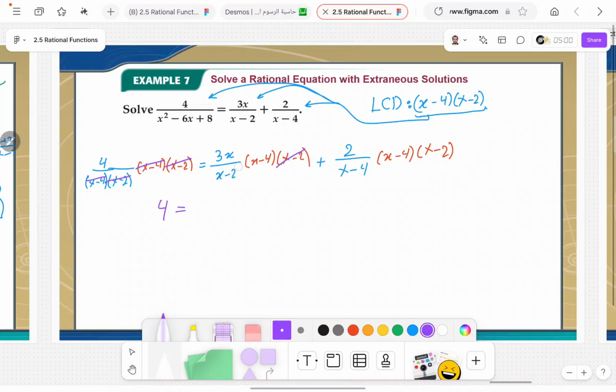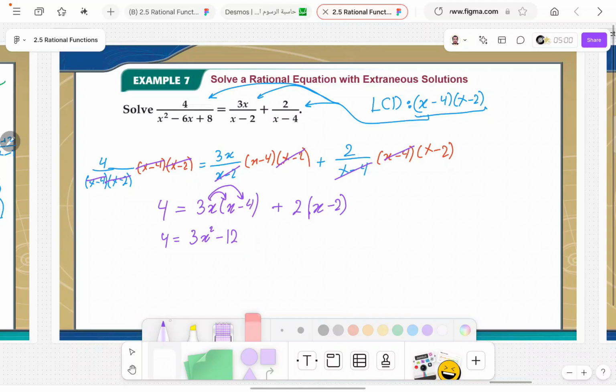And on this side I have x minus 2 and x minus 2 cancel, so it remains 3x multiplied with x minus 4 only. Plus, x minus 4 cancels with x minus 4, so 2 multiplied with x minus 2. Now use the distributive property to simplify more. So 3x multiplied with x is 3x squared. Now 3x multiplied with negative 4 is negative 12x, plus 2 times x, 2x, plus 2 times